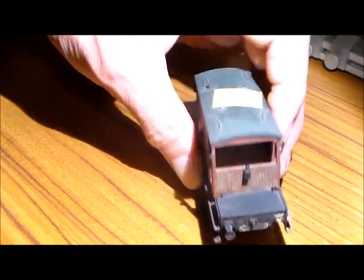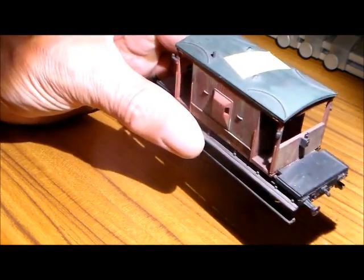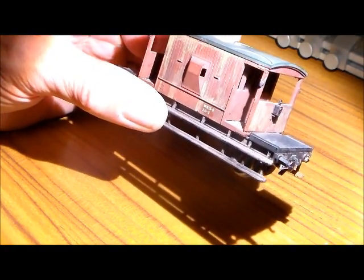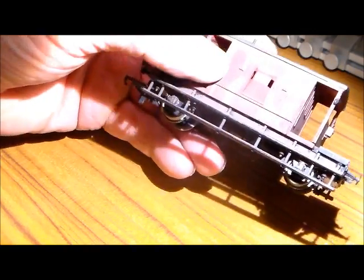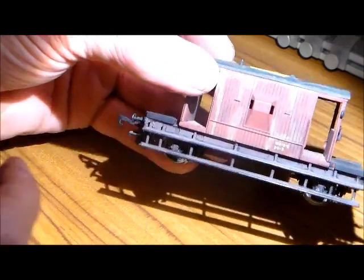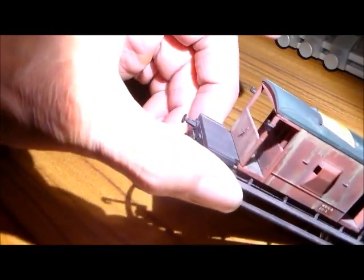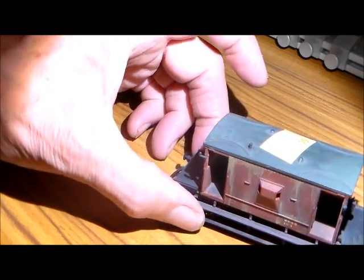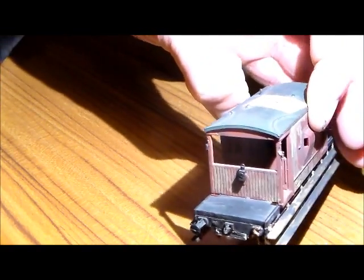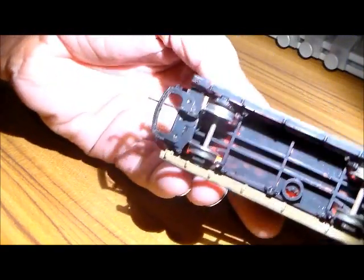Simple enough to add a coupling, one buffer. Getting one to match the existing one might be tricky, so it might mean a pair of buffers, a little bit of glue to reattach the steps on this side, and I've got quite a nice useful little model for £1.99. If anybody was the person that weathered this, or even knows what make it is,